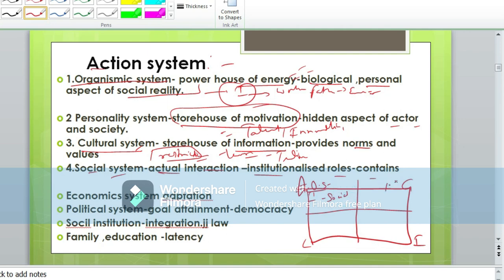Then comes the personality system, which helps the individual to attain the goal. And comes the internalization or integration, which is provided through the